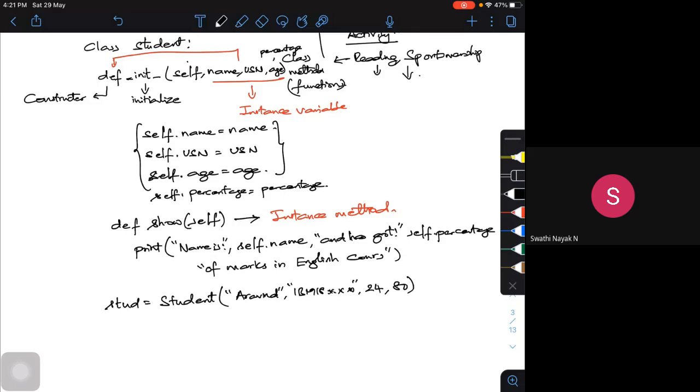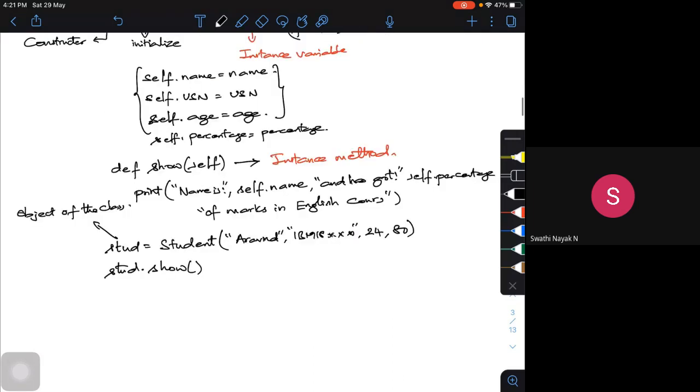Now I want to show this, call this function and use this. Okay, what is this actually? This is the object of the class. I am trying to, so what should be the name here? So what should the output be?